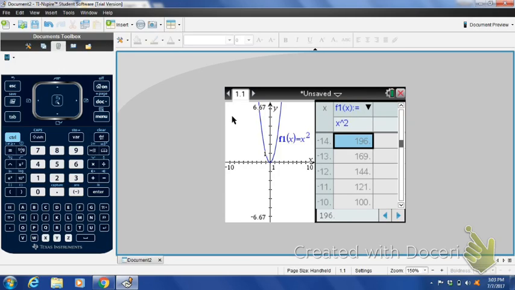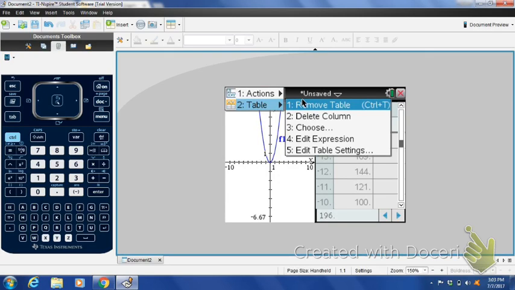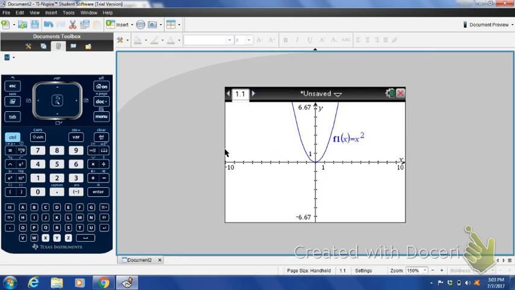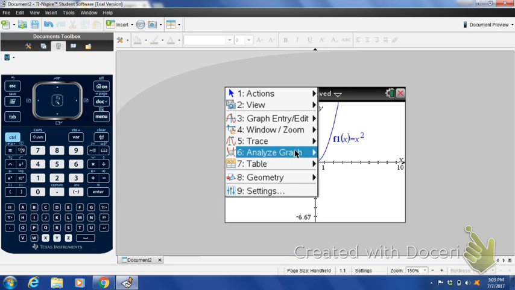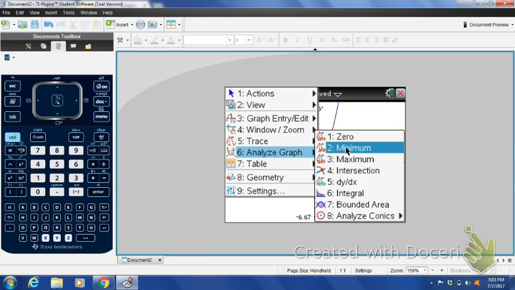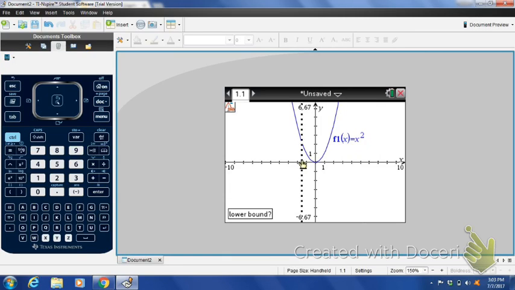If you go, let's get rid of this table for a second. You go menu, table, remove table, and then go back to menu. We can analyze the graph, and we can find out where the minimum value is. So now your calculator is asking for a lower bound, so you got to find an interval where you think the minimum is occurring. So we're going to click, alright, lower bound means to the left of the minimum, upper bound means to the right of it,